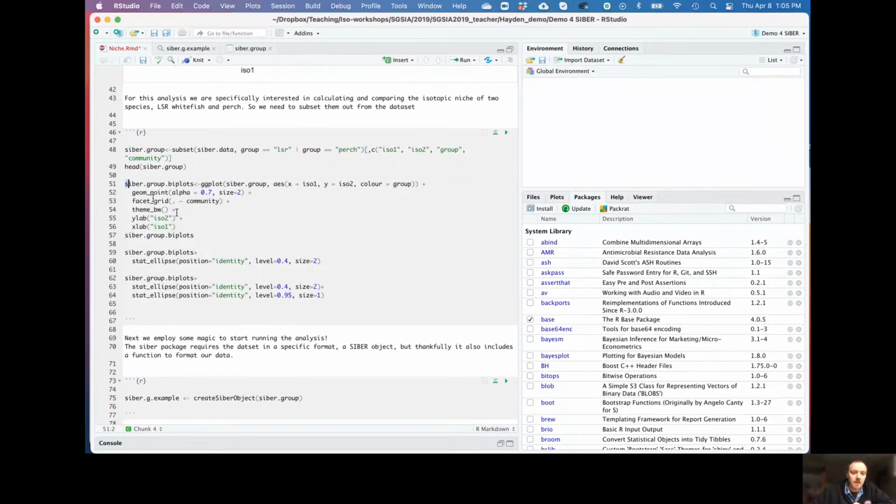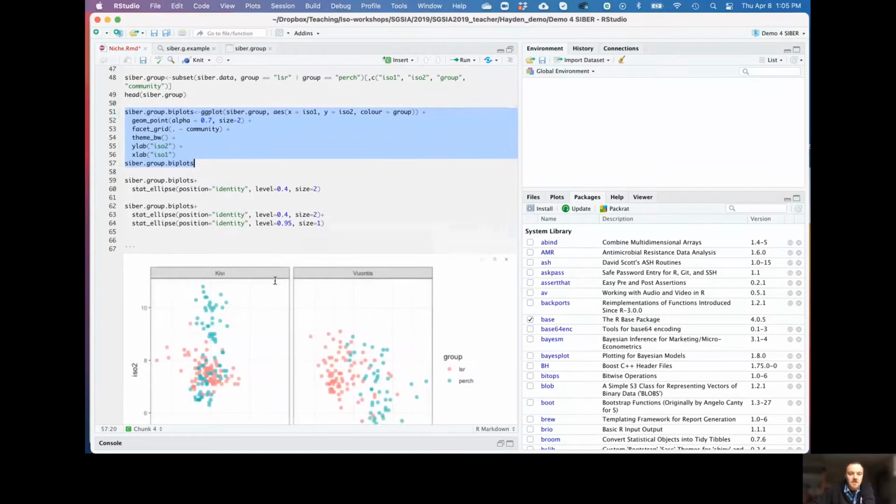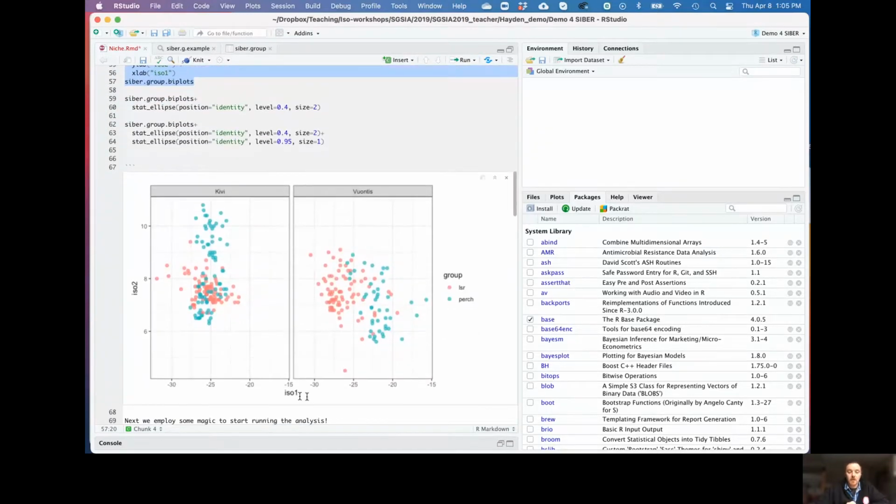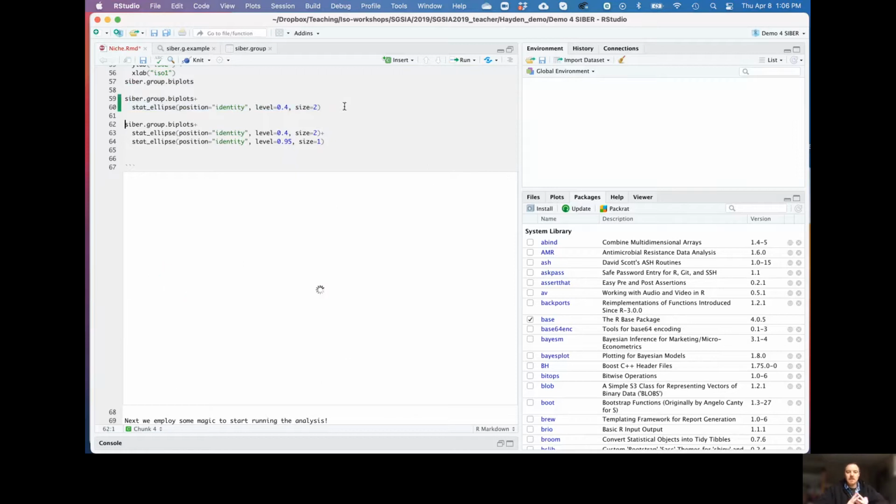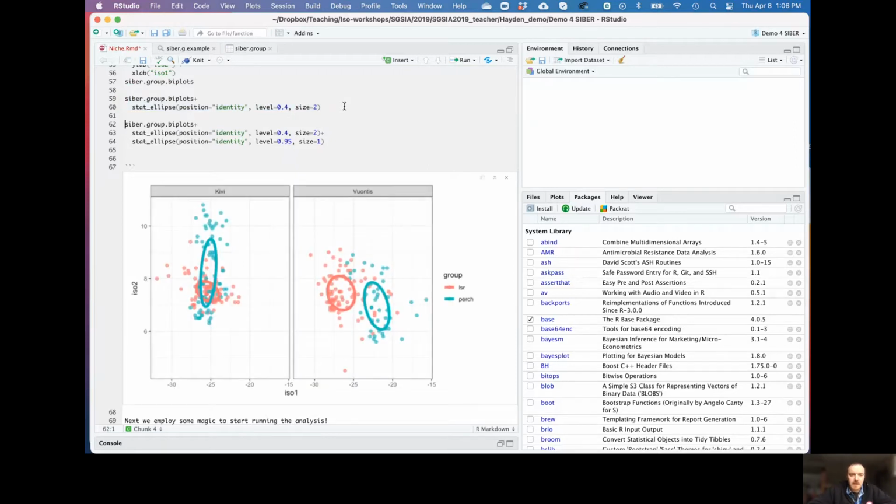So let's plot out our species of interest here in our ggplot. And again, very similar to what we saw before, looking at the carbon and nitrogen distribution for these. Lake Kivi perch have some perch feeding at a higher trophic level that we talked about before. Lake Vuontas shows separation on the carbon axis there. So the first thing we can do is put some ellipses around these data. We talked a bit before, at least in class, about why the ellipse is useful. And here, just using a little function in ggplot, we can add standard ellipses